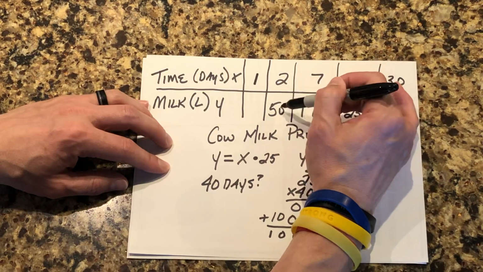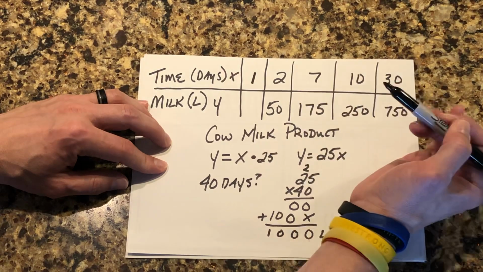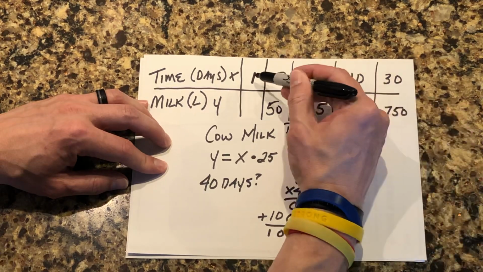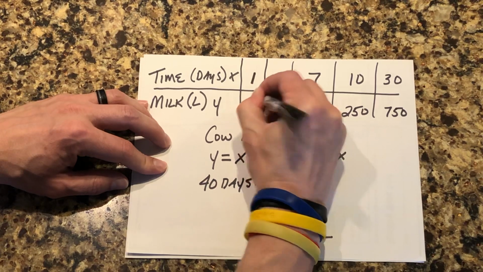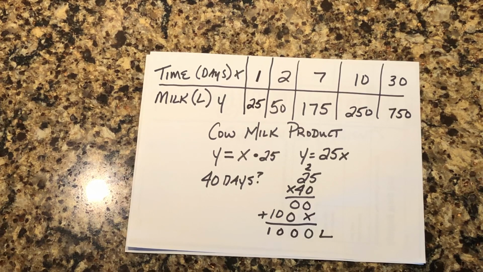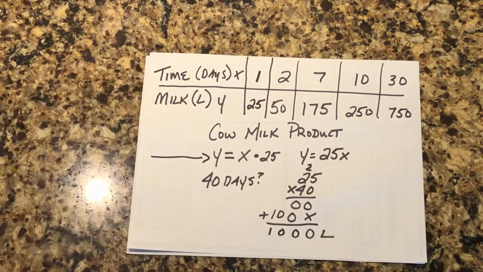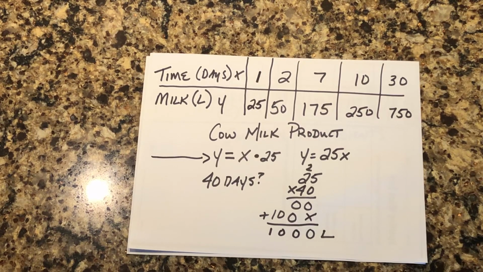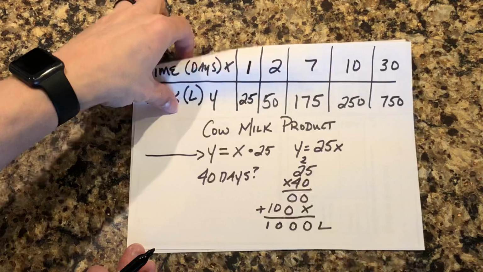Well, in 2 days, if the cow produces 50 liters, and I know 2 times 25 is 50, I would do the same thing. 1 times 25 would be 25 liters of milk. Okay, again, all you're doing is using patterns, but I want to make sure you understand how to build an equation since I didn't see everybody on Zoom last week. The last one for this video